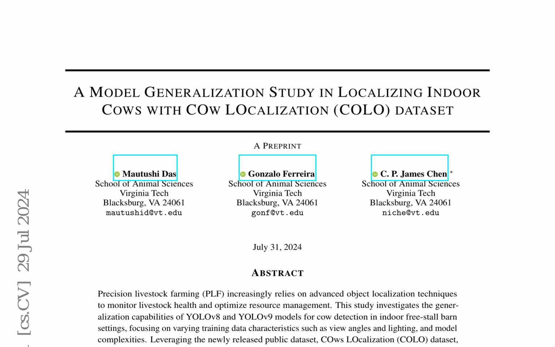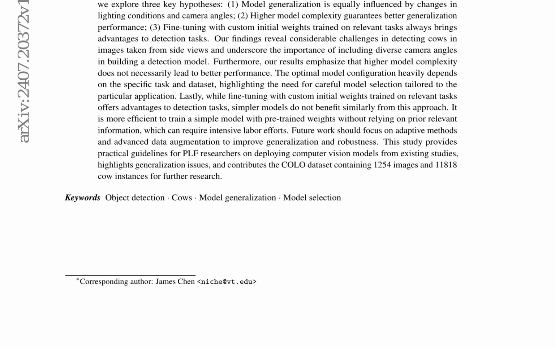The findings reveal considerable challenges in detecting cows in images taken from side views and underscore the importance of including diverse camera angles in building a detection model. Furthermore, the results emphasize that higher model complexity does not necessarily lead to better performance. The optimal model configuration heavily depends on the specific task and dataset, highlighting the need for careful model selection tailored